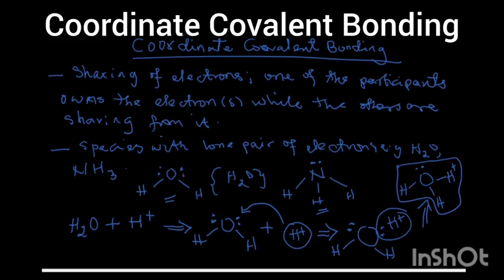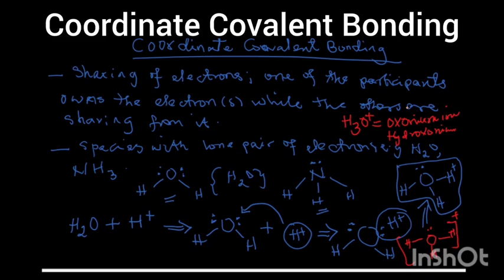Hello? Are you there? Yes, sir. So this is then giving us this, right? This way, with a plus charge up. Now this is called oxonium ion, H3O plus. So H3O plus is called oxonium ion, or sometimes they call it hydroxonium ion or hydronium ion. This compound, which is called oxonium or hydroxonium, or what? Hydronium